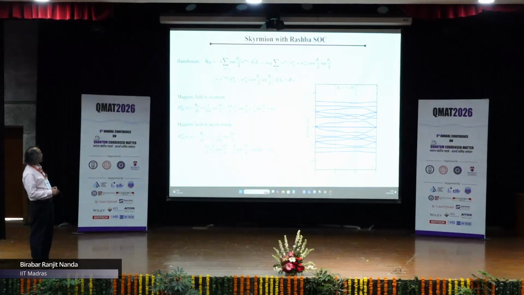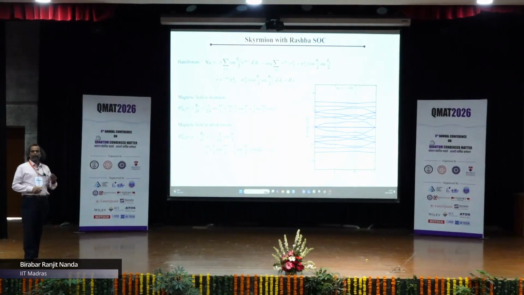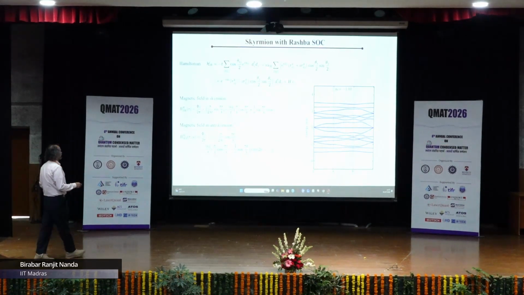And this Rashba component brings out an emergent magnetic field also, in addition to the magnetic field that the skyrmion has given. Now I have a new magnetic field, and for both skyrmion and anti-skyrmion, I do see that new magnetic field. Depending on the strength of the Rashba coefficient, which I have defined through some alpha_R, I am trying to